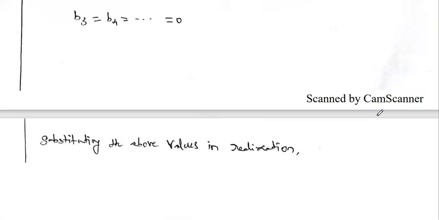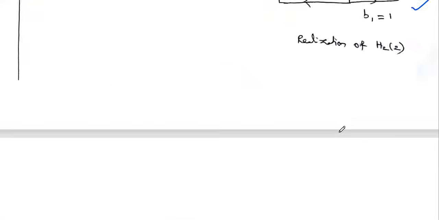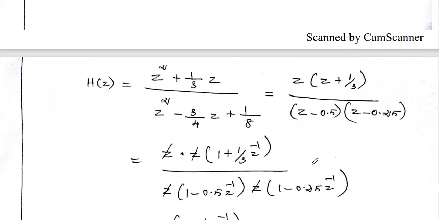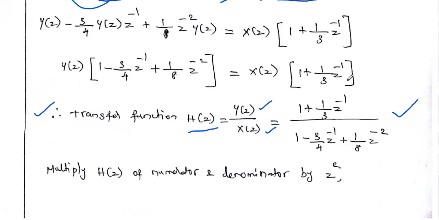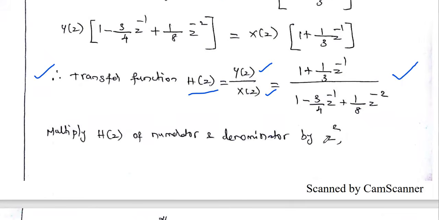Okay, so in this case we calculated H(z). This H(z) is a second order system. Now we have to split this H(z) as a multiplication of two single order systems. In order to do that, first we have to factorize the denominator polynomial. Here the powers of z are negative, and factorizing is very easy if the powers are positive. So we convert H(z) from negative powers to positive powers by multiplying both the numerator and denominator by z squared.